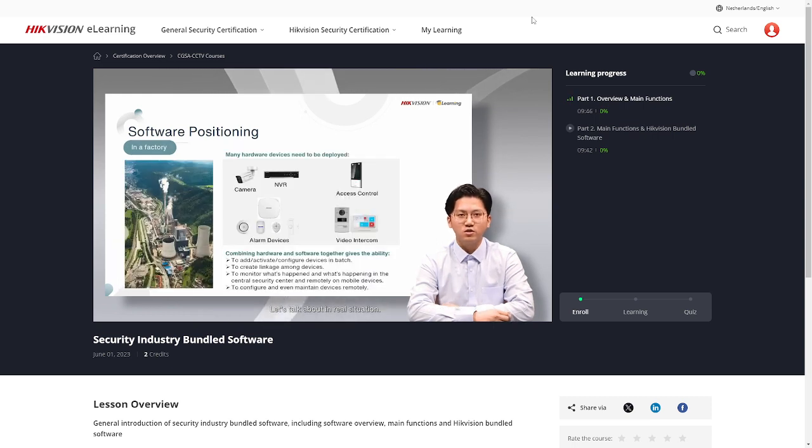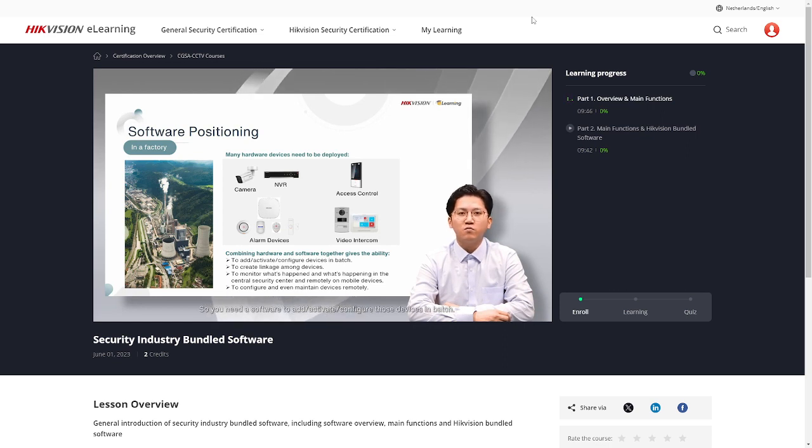Let's talk about the real situation. For a large scenario, like a factory or an industrial park, we need to build up a security system, right? We have tons of video products to manage. For example, we have 5 NVRs or hundreds of cameras, 10 access controllers, not just a few controllers like in a store, or multiple door stations, more alarm products, like 10 X-Pro or 50 detectors or 10 alarm sirens. If you don't have any related management software, it's such a waste of time to manage all the products one by one, right? It can take even many days.